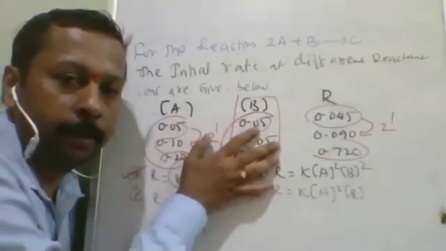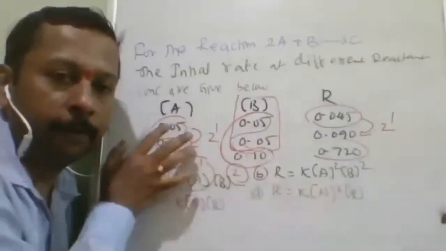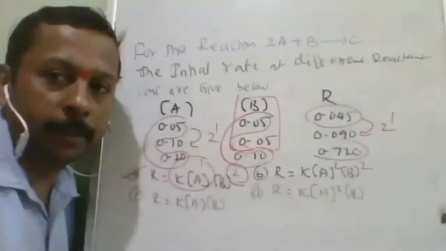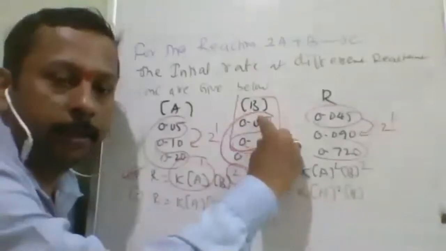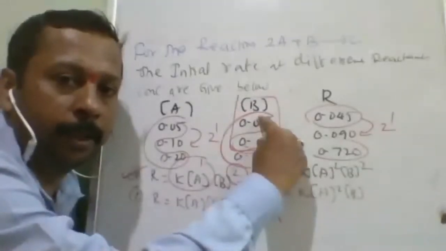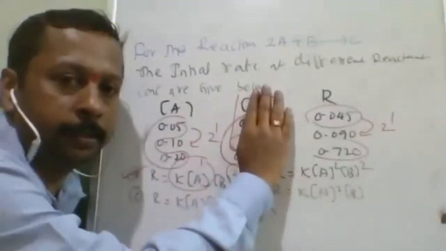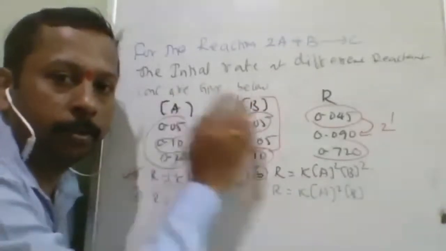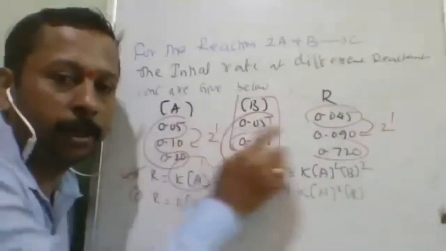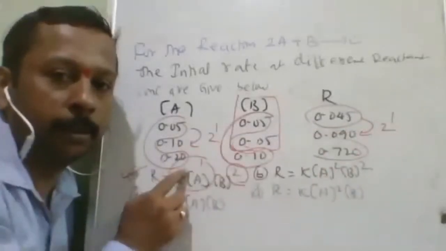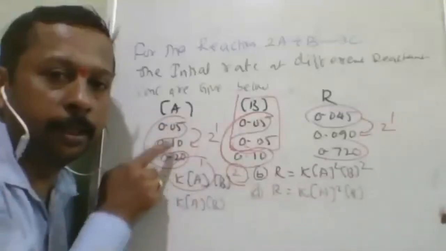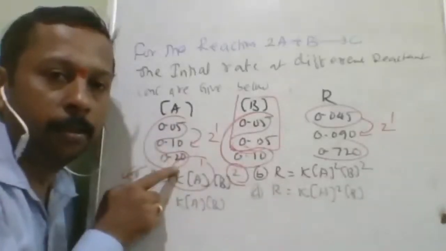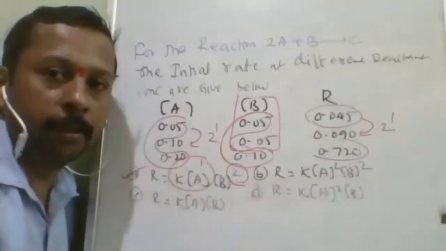Answer achieved from B will be A, and answer achieved from A will be the B. Is it understood? Once it is constant, we are discouraging it from participating in the main equation. So once it is discouraged, it is the effect of A. Its effect is given that when it is 2 times, this is also 2 to the power of 1. Now here there is no option. Nowhere here is A constant. A is continuously varied. So better to go for the reactant where continuous variation is found at the last.